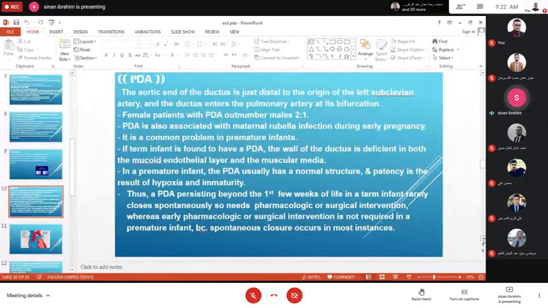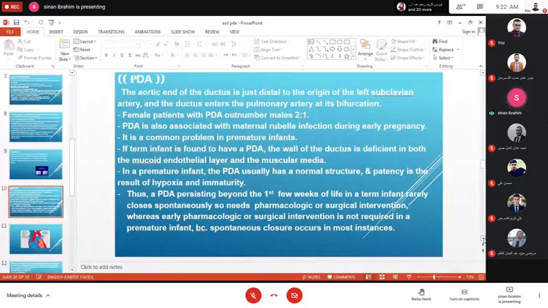So, TORCH infection is associated with congenital heart disease, and one of them is patent ductus arteriosus. It is one of the common problems in premature neonates. Most of the premature neonates referred to us complain of persistence of patent ductus arteriosus, not closed,